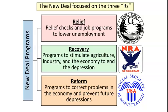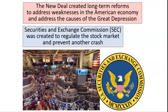And there's going to be a bunch of programs. They're each going to fit into one of these 3 categories. Well, the first one that we're going to talk about fits into this idea of reform. The New Deal created long-term reforms trying to address the causes of the Great Depression. And one of the first of these major reforms was the creation of what is called the